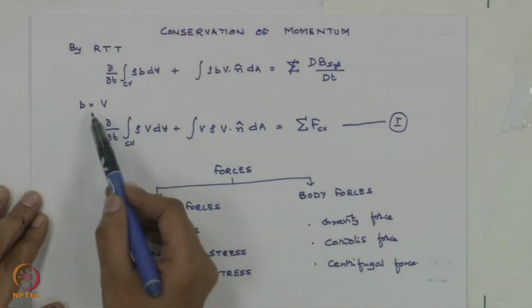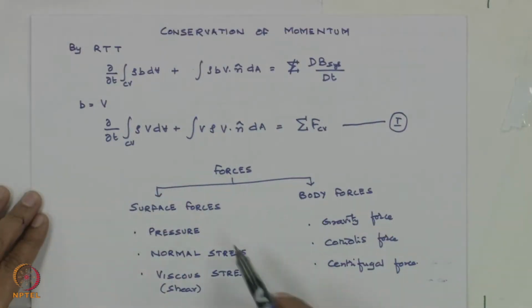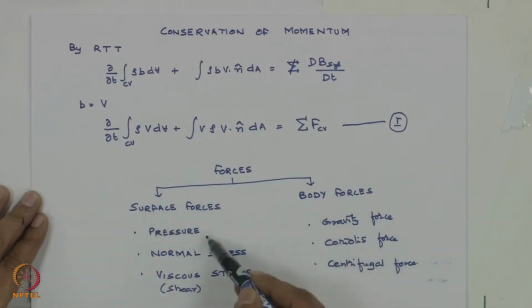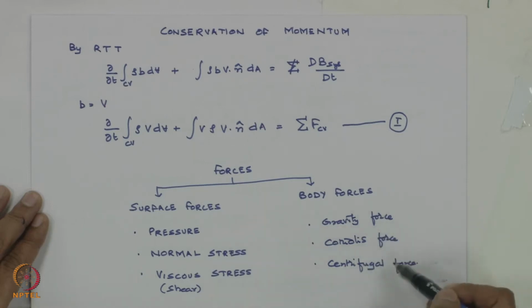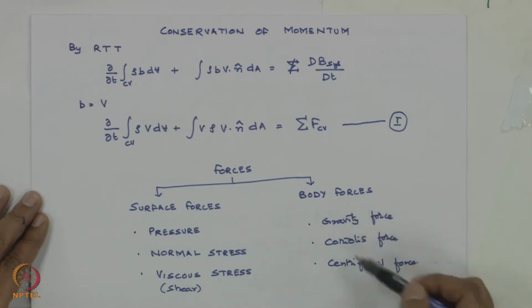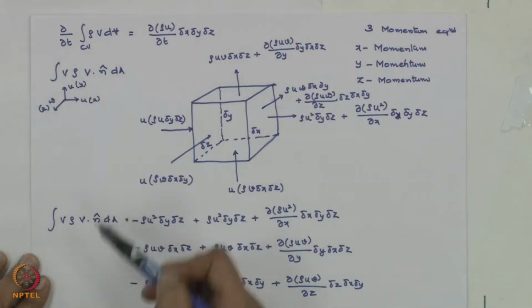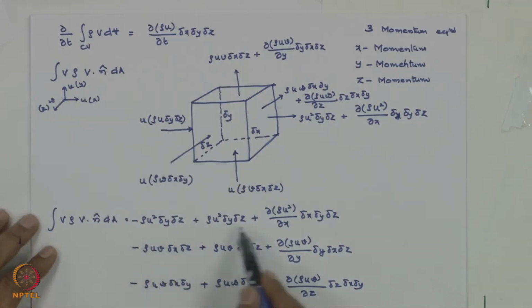In the last module, we were in the middle of the derivation of conservation of momentum. So this was the Reynolds transport theorem application to the conservation of momentum, and there were two forces, that is surface forces and body forces. We said that there are pressure, normal, and viscous stresses, and then gravity force, Coriolis force, and centrifugal force are a few of the body forces. So then we did the two terms of the left hand side and we had arrived here,